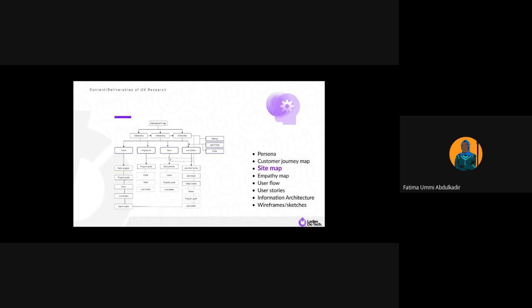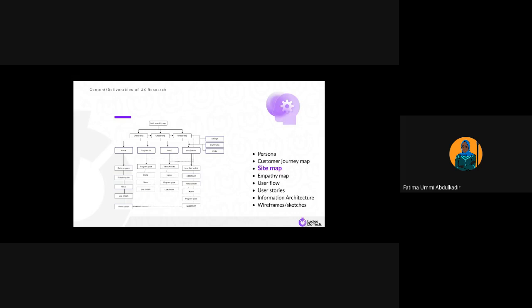If you have a very big website, you can have a site map so that your users will be able to know where to find what they are looking for easily if they check the site map. If you check some sites, you see that they have a site map, but it's not all sites that do. Usually sites like Amazon, I think Amazon has a site map. So that's all about site map.